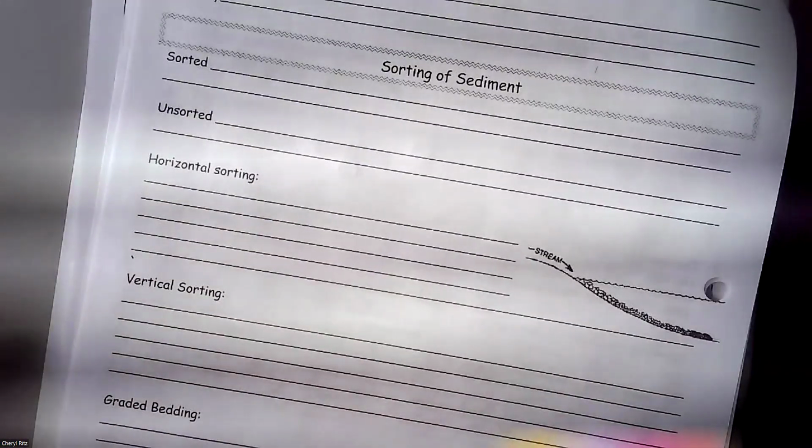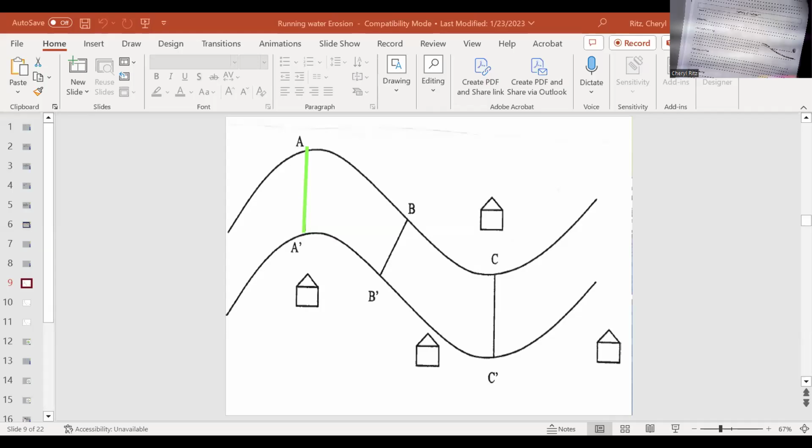We're going to skip pages. Oh no, actually we never finished. We gotta go back to 14. We did not do horizontal, vertical, or graded bedding, right? Okay, that's right where we gotta go. So give me a second. I do have to pull that PowerPoint up, I think. Nope, yes, because somehow I've got rocks and minerals open. Oh. Whoops, wrong one.